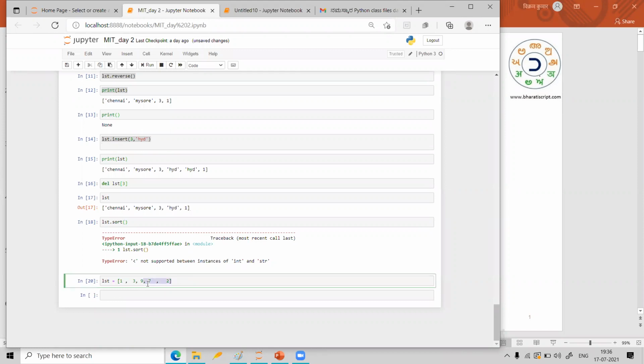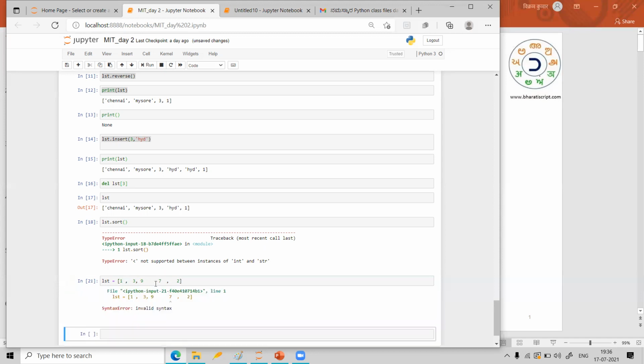Let us check once more. Whenever we get a doubt, we have to check then and there, so that next time we will not make that mistake. Suppose I remove this. Let me check what is going to happen. Again it is giving error. So best thing is put commas everywhere or don't put commas at all. Let me remove commas totally and see whether it is working or not, that means whether comma is compulsory or not. Let us check. So comma is compulsory.